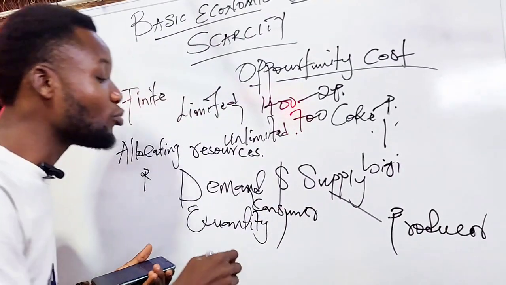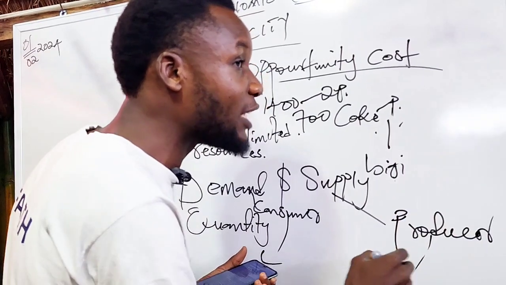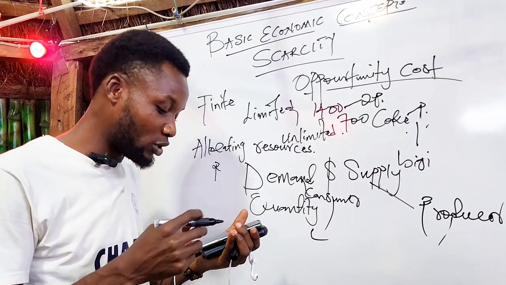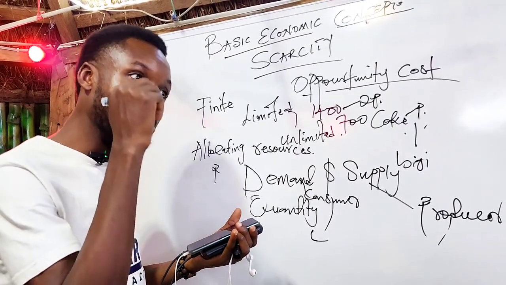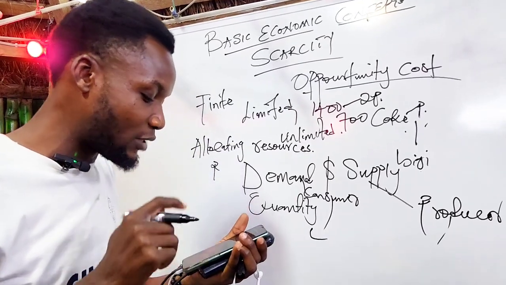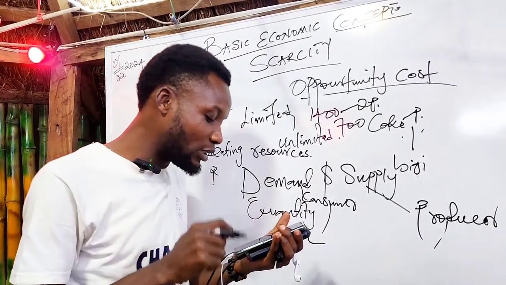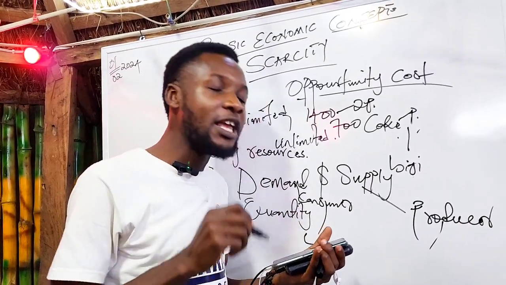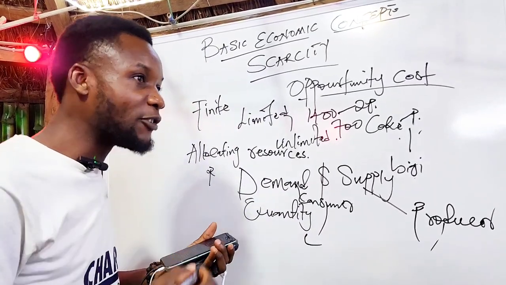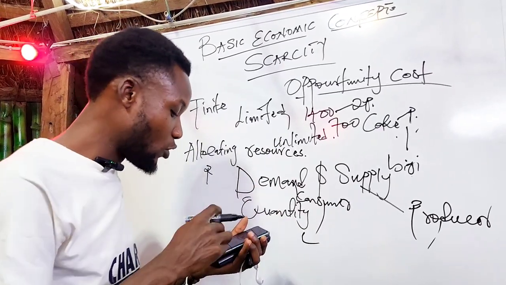Here, the consumer is willing and ready to buy, while in supply, the producer is willing and ready to supply based on the requirement, that is, the demands of the people. All right, a very quick one. The quantity of goods or services that producers are willing and able to offer for sale at various prices during a specific period is what we call supply. Just to remind you of some of the things that you have learned from SS1, the basic concepts of economics.